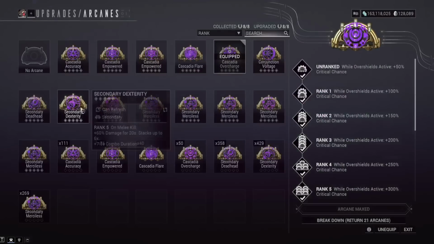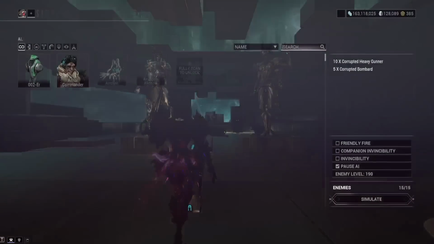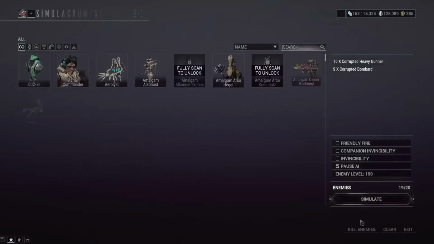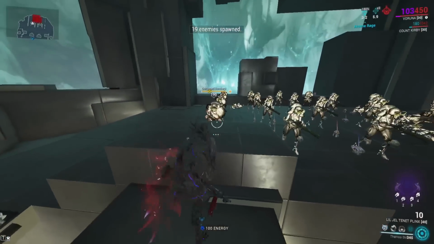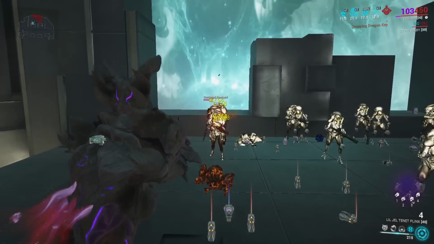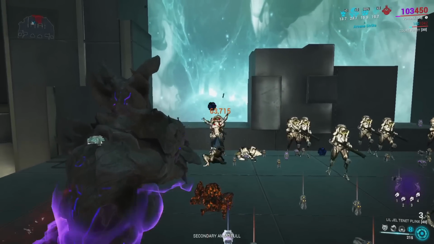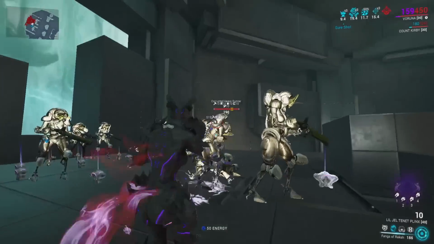Keep in mind, Deadhead does not proc off of slash proc kills or damage over time kills. So you technically need to get base damage kills with this to keep these stacks going, which is why maybe run dexterity, maybe run something else. We're going to actually just armor strip to get those base damage kills. And of course, you do still have your heat from the innate heat of this weapon. Okay, I don't think they're all armor stripped. Alright, so